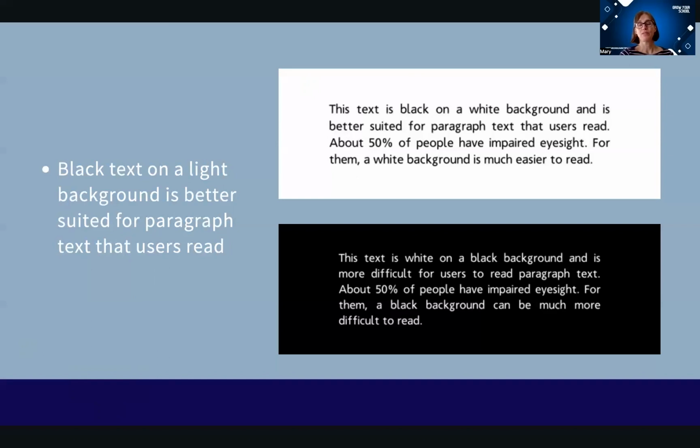You can probably see, just looking at these two paragraphs, that the white on the black is harder on the eyes. And to include everybody, about 50% of people do have impaired eyesight, and for them the black background with the white words is much more difficult to read. So remember, if you do a paragraph, make sure it's dark text on a lighter background.